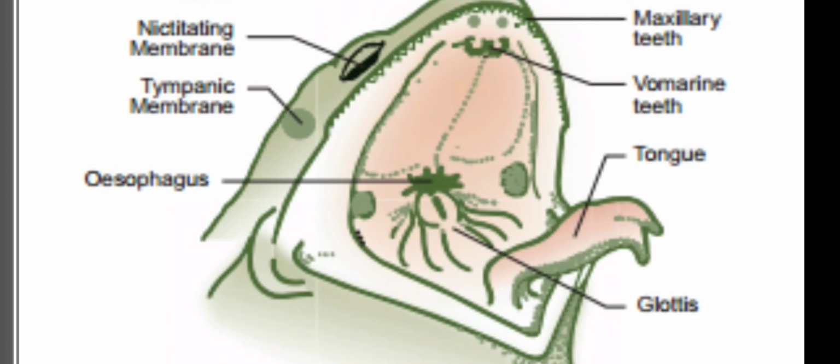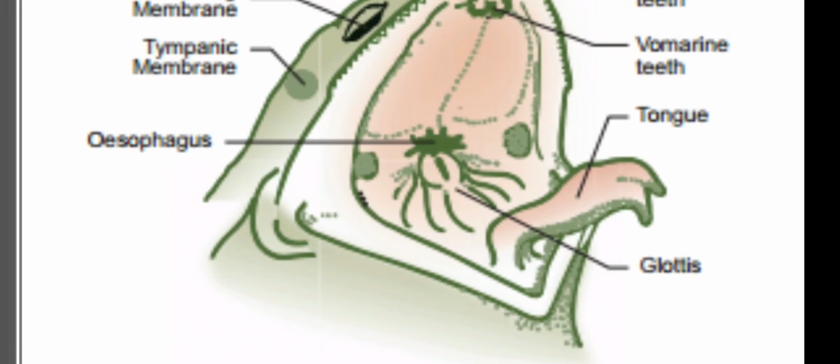Now we are going to see about the anatomy, digestive system. The alimentary canal consists of a buccal cavity, pharynx, esophagus, stomach, duodenum, ileum and rectum, which leads to the cloaca. The wide mouth opens into the buccal cavity. On the floor of the buccal cavity lies a large muscular sticky tongue. It is attached in the front side only, and it is bifid. The tip of the tongue is bifid, the edge is forked.